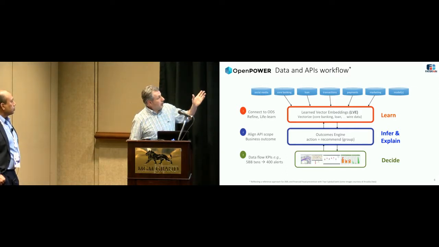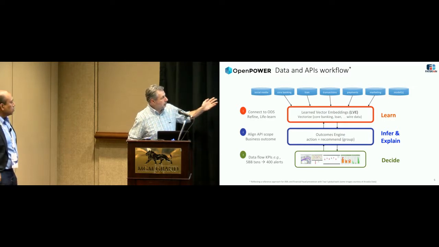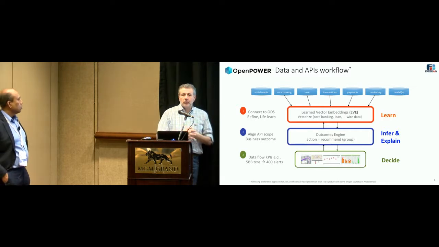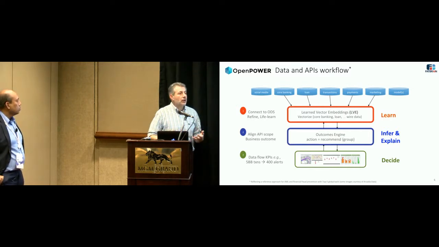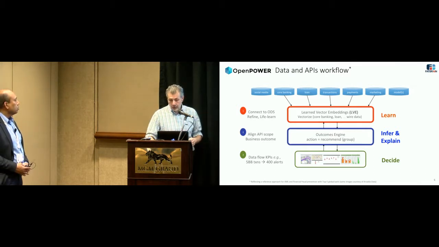The second step is the engine that is able now to learn and use the inferencing part, or recommendation part, or imputation part based on this learned model, right? And then the last part is just making decisions. And again, this is a system that can be deployed to process billions of transactions that can distill into hundreds, or sometimes even fewer, reports and investigations. So it can work at scale and learn very, very quickly.